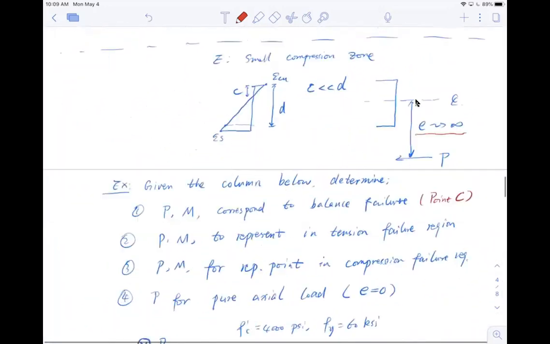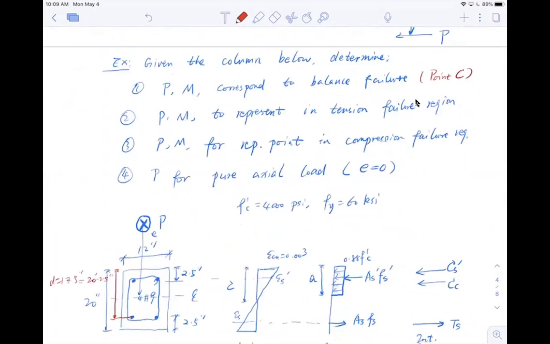Now, these are the concept of interaction diagram. So we showed an example from last lecture, right? First point, we want to find the balanced failure. And then second point, we want to find the tension failure region. Any representative points, right? And then the third point is in the compression failure region, and the last point is